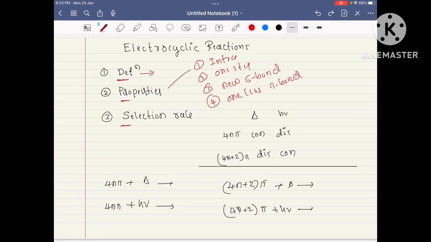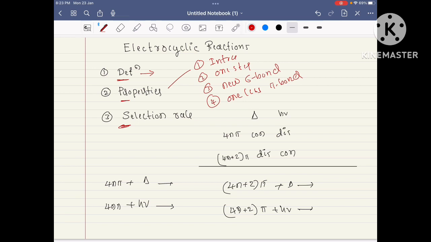Hi guys, in this video we'll continue to study electrocyclic reactions. In our last classes we have seen the definition of electrocyclic reaction, properties, and then selection rule. We'll quickly revise these things and then we'll move further. Electrocyclic reactions are intramolecular reactions in which a new sigma bond is formed between the ends of